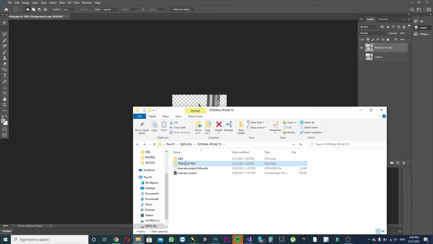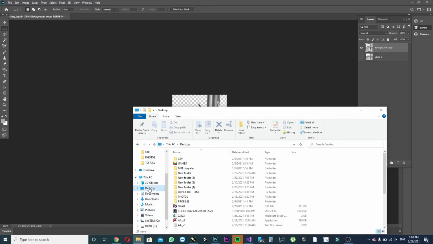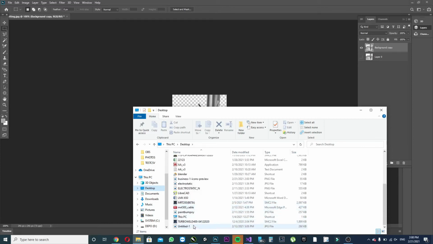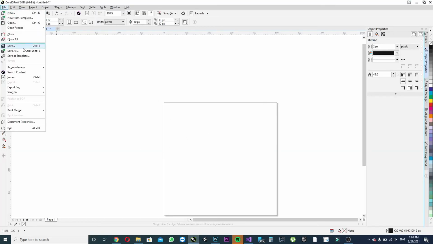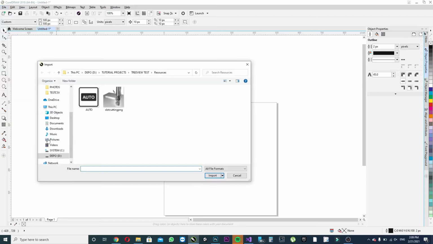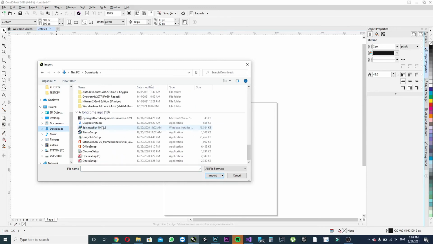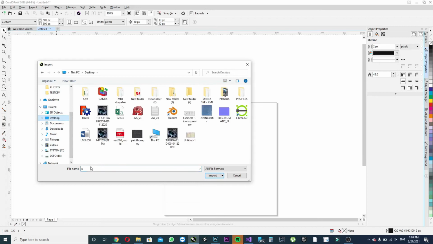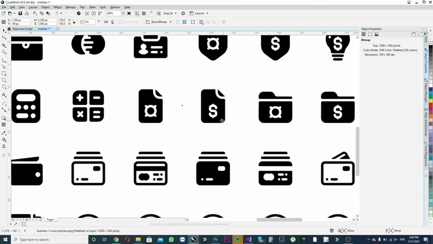Not this, not this, not this. Yes, desktop. So business icons preview. I will go to CorelDRAW again. This time I will import the other one. Desktop. Okay, so here are the low quality icons,